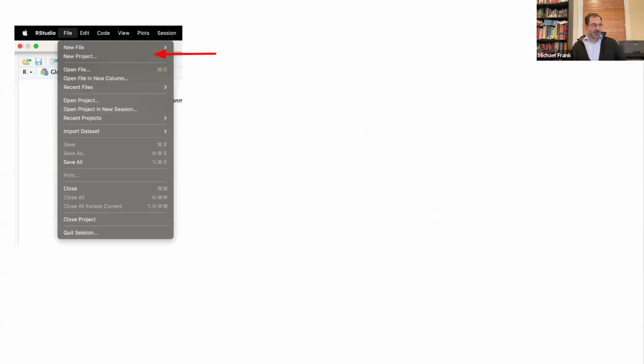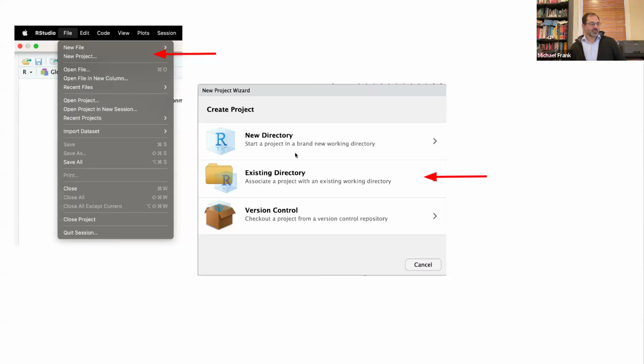So in RStudio, we're now getting into the nuts and bolts here. You may never have looked at this feature, but when you go to File, you've got New File, and then you've got New Project. We're going to be using New Project here. When you hit New Project, you can start a new directory. You can create a project in an existing directory, which is what we're going to do with your example. And then you can also check out a project from a version control repository. So if you have a GitHub link, like the one that I circulated for our example project, you can actually download from that GitHub link.